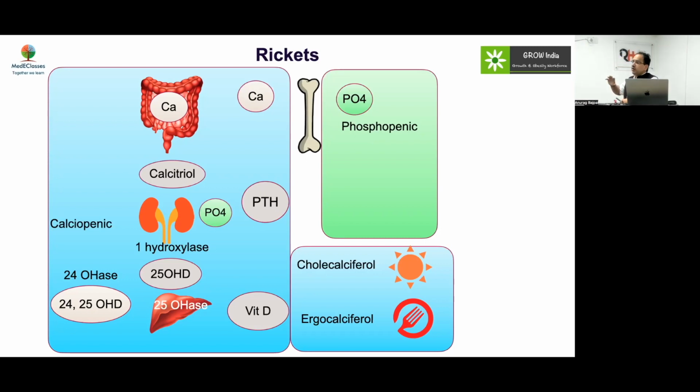So phosphorus deficiency is common, but if it is because of secondary hyperparathyroidism, then you will have the calciopenic rickets. While if it's because of a primary tubular pathology, your PTH will not be high, you will basically have a phosphopenic form of rickets. So phosphopenic rickets could be part of a generalized tubular dysfunction like Fanconi syndrome, or a specific problem in which the phosphorus losing substances are more in the body, which is the phosphatonins, typically FGF23,